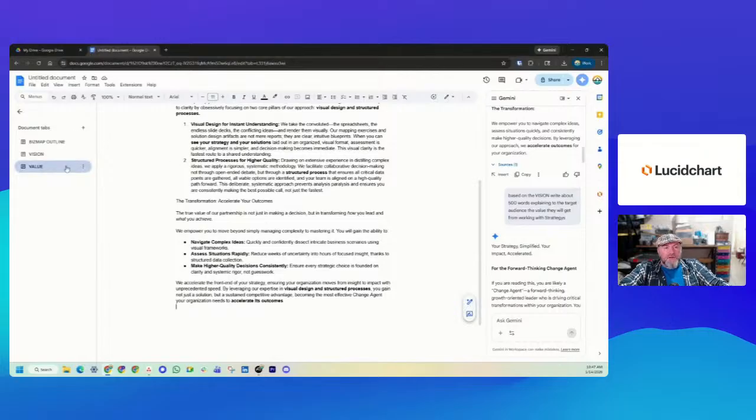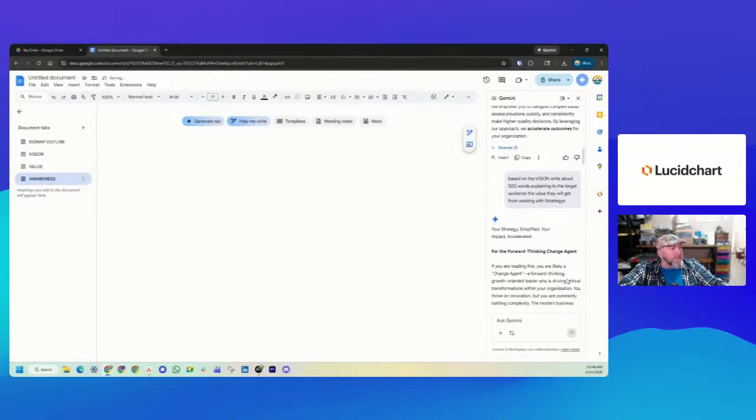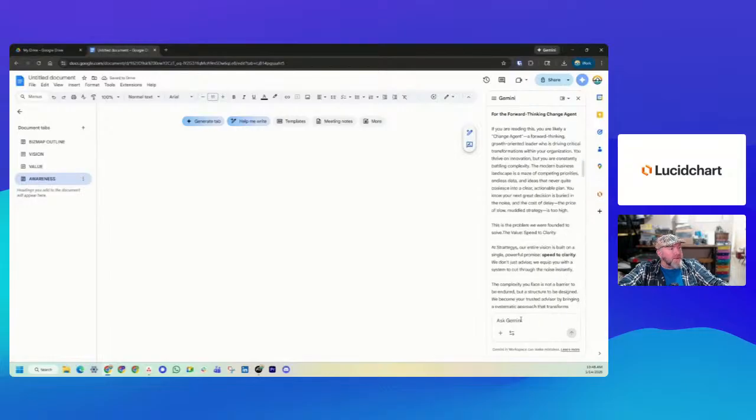And then, you know what? I'm just going to do all of these here. I'm going to do one prompt and we're going to do all 8 of them. There you go. So we'll do vision, value, promotion, awareness. So based on the awareness factor,